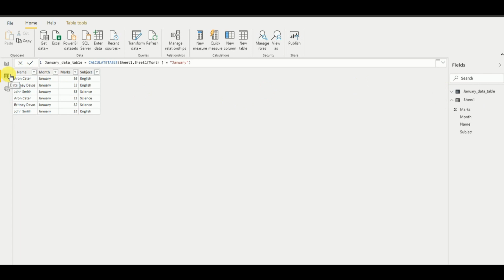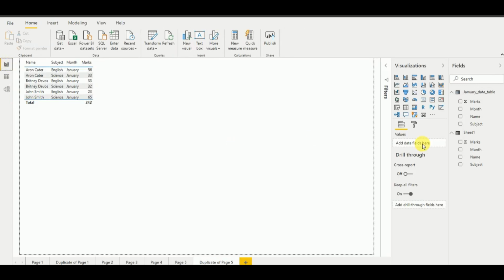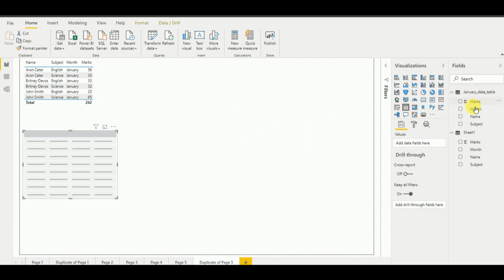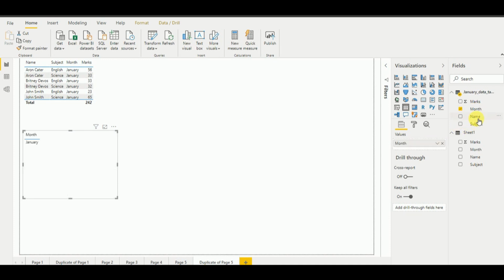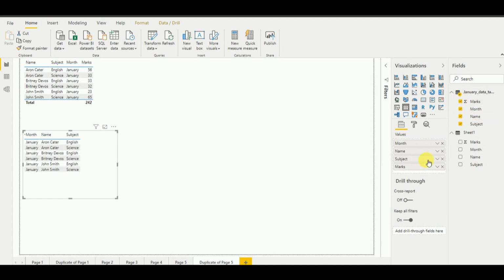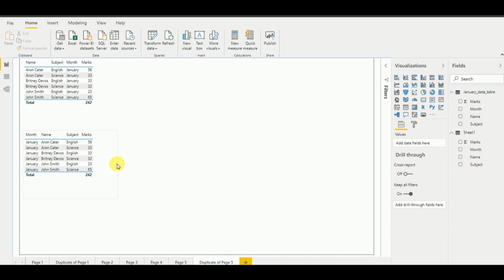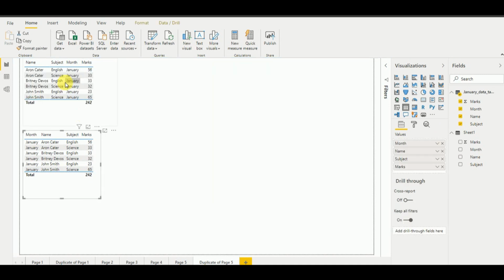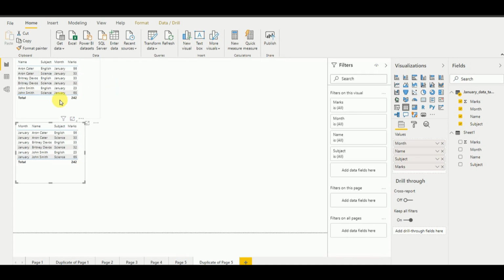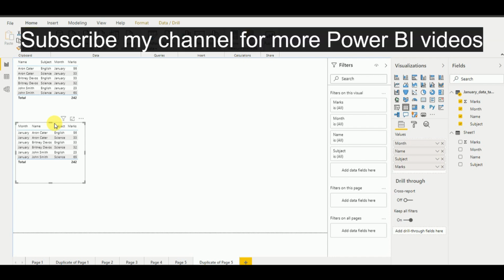Now if we add this to the dashboard, we use table view, with the same columns that we added. As you can see, we get the same output as when we gave filters in the default way. The same way, we can achieve it by using the CALCULATETABLE function. So this is how we achieve the select from where SQL statement using Power BI.